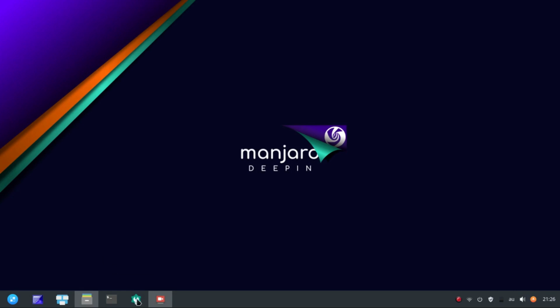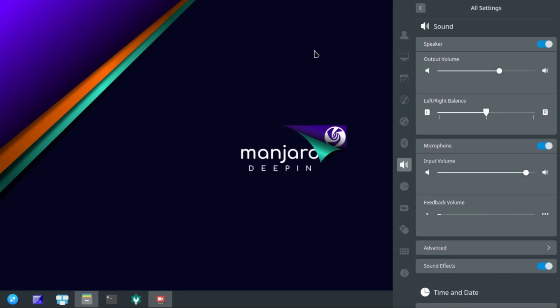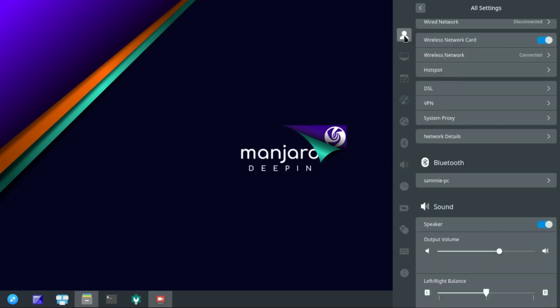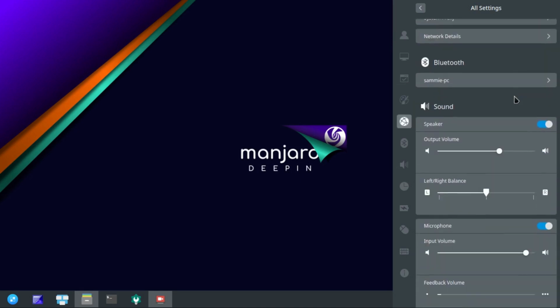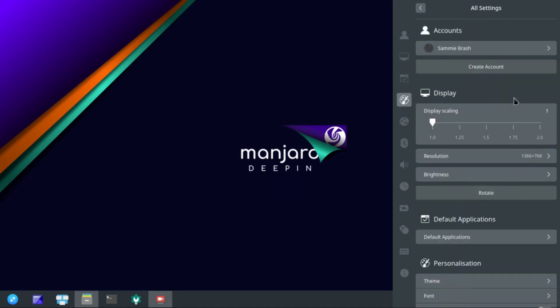So first of all, we have our settings panel here, and we have icon categories down the left hand side. Instead of scrolling all the way down, you can choose what you want to select, which makes the process a